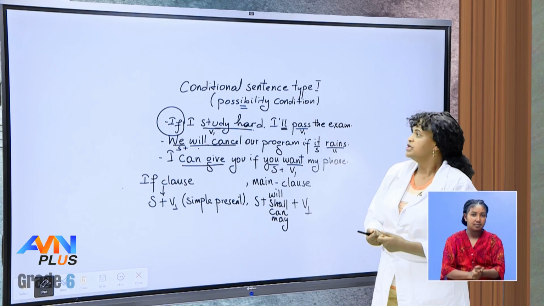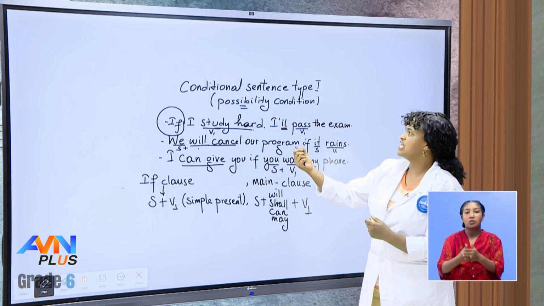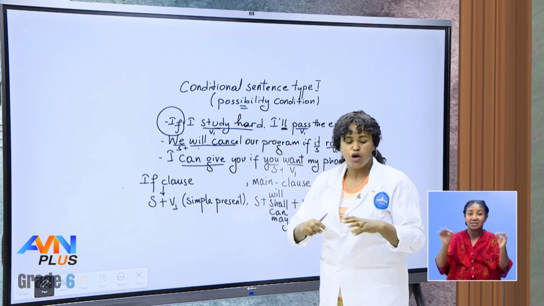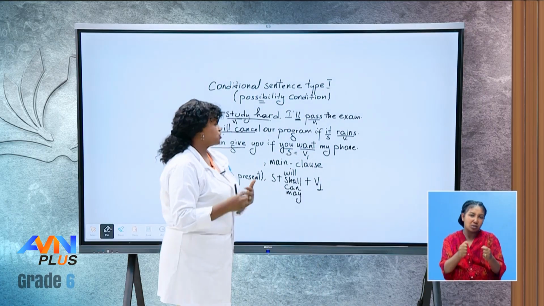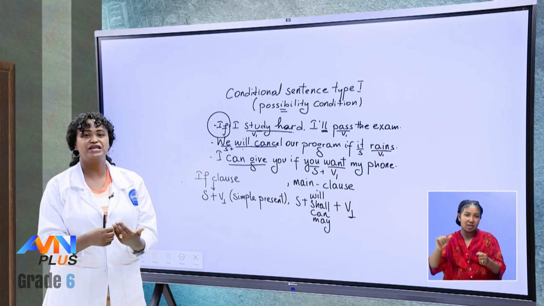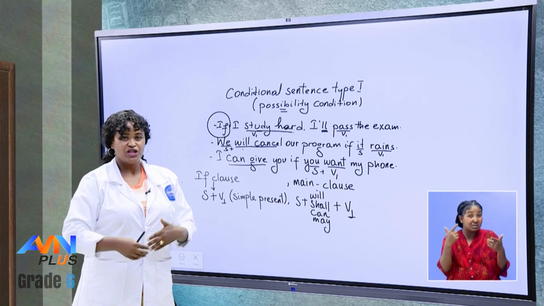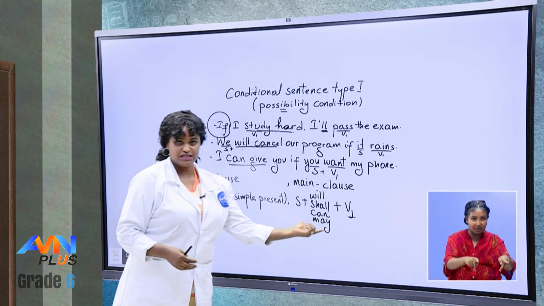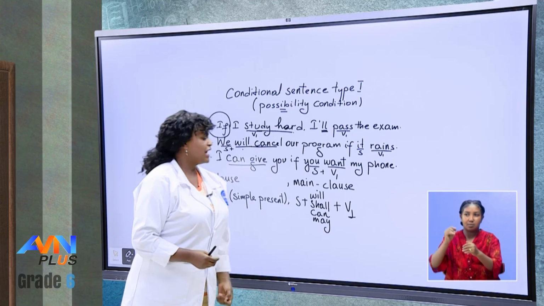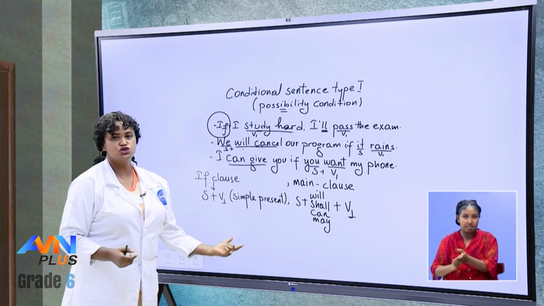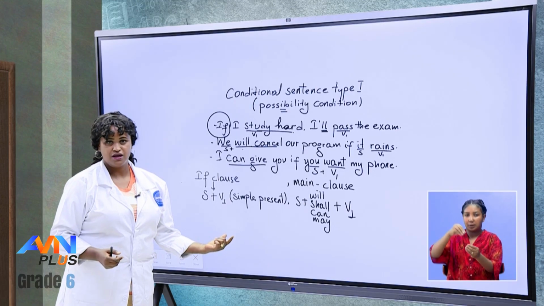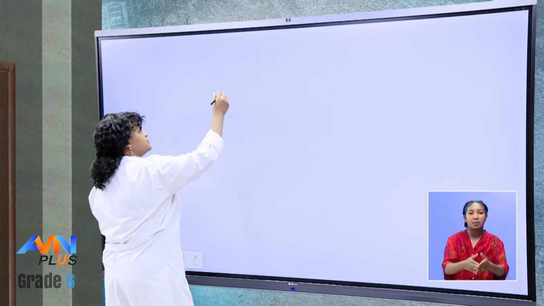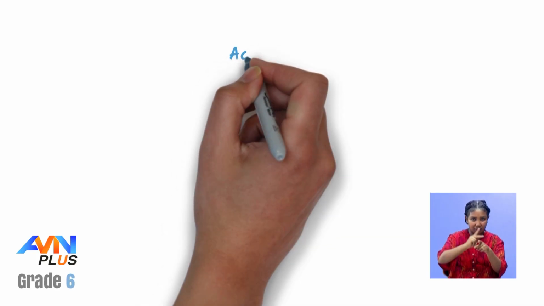Yes? So this is all about the conditional sentence type 1. Conditional sentence is about possibility condition, which shows a chance to happen in the future. So the form contains what? Simple present with simple future. Now let's focus on the form and do some more sentences. All right? Okay. Let me give you an activity to practice.